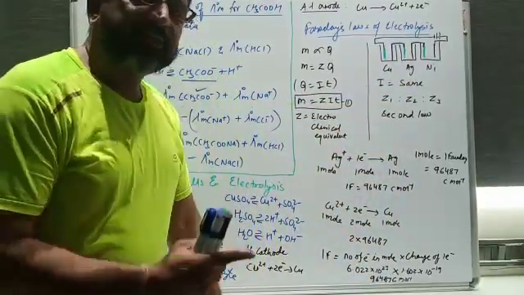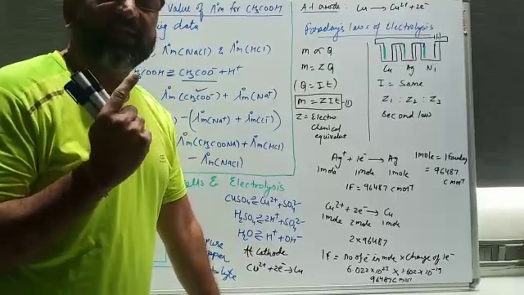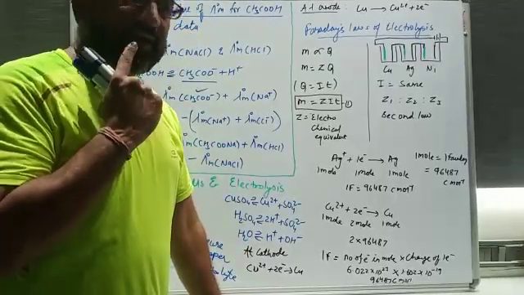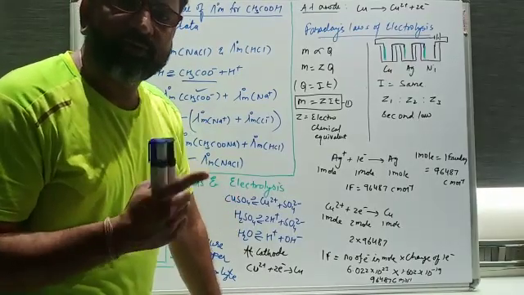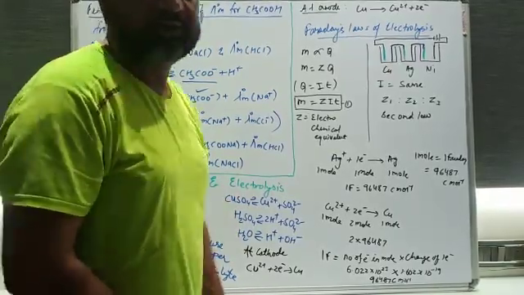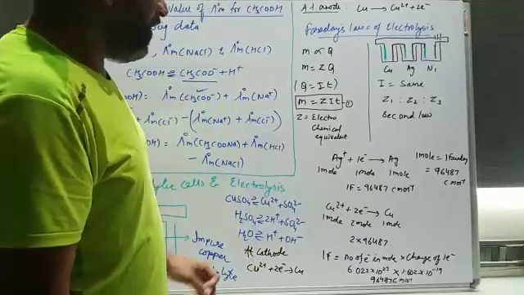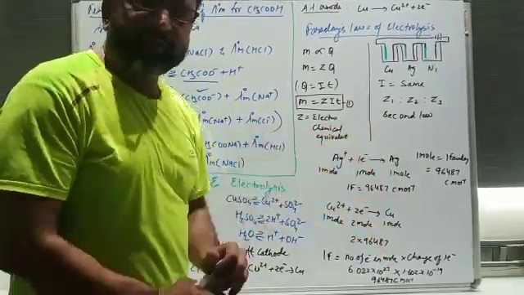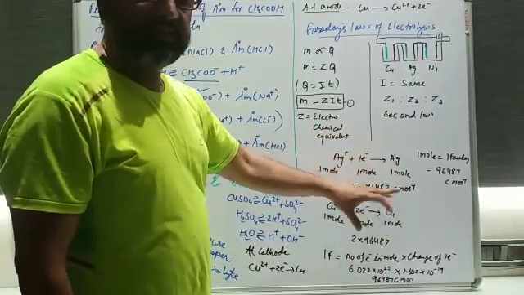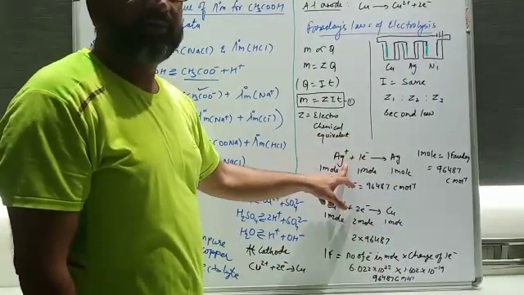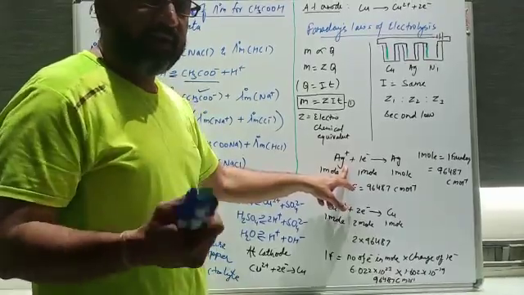That means the mass deposited on the cathode, when the cells are connected in series and the same amount of current is passed, will be in proportion to their electrochemical equivalent. This is the second law of Faraday. Okay, now come to the calculation of the Faraday. Suppose we take an example where we need to calculate the Faradays and the value of the Faraday.